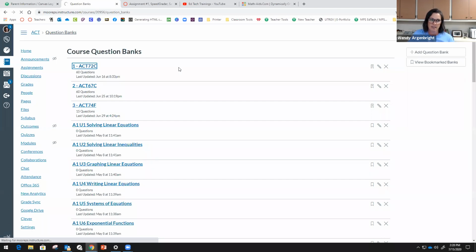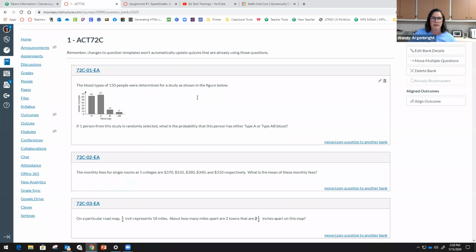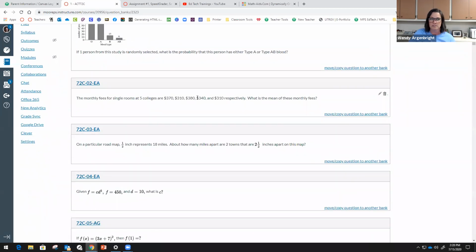So at the secondary level, I have 60 questions now I can choose from, and I can use any of these questions in any of my daily quizzes, Bellwork quizzes, summative assessments, and I can pick and choose. So it makes it very easy to go ahead and each year change up your questions and keep adding to your question bank. Depending upon the textbook that you use, some of the question banks for the textbooks can be integrated into this, and your curriculum coordinator would be able to tell you which ones and how to